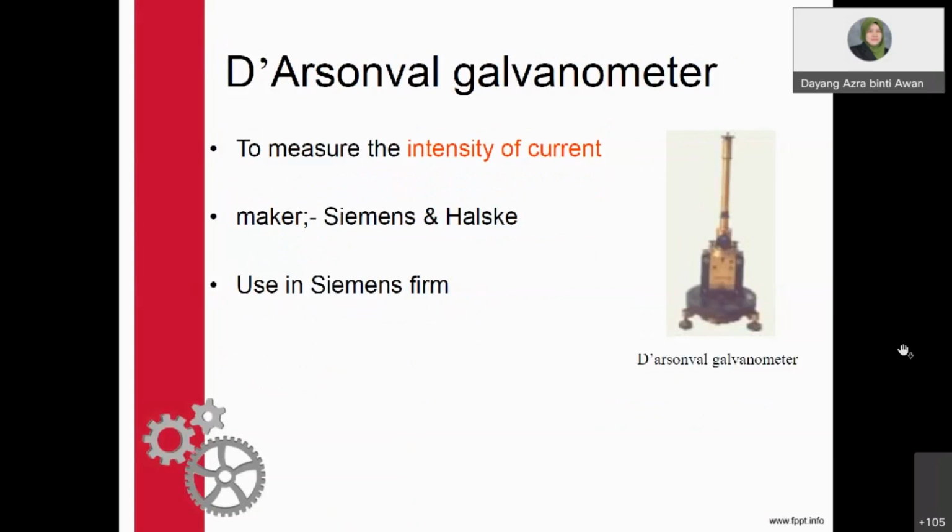And then we have a d'Arsonval also to calculate the intensity of current. And then the Becker, Siemens, and Halske used in the Siemens pump. So this is the